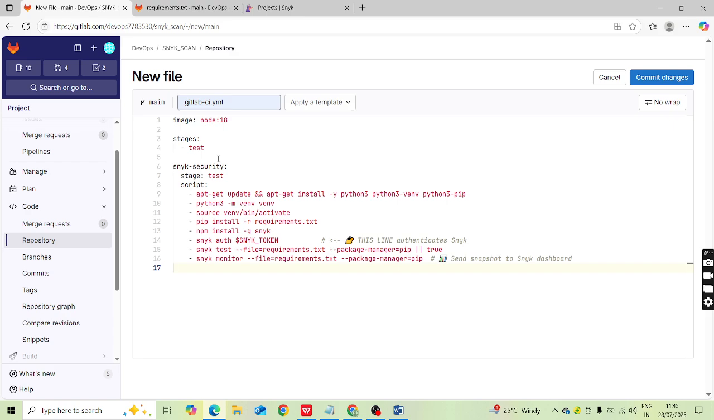Okay. So basically here, what is happening? We are using the official Node.js image in GitLab, because the GitLab runner will use it to run this job. Okay. Then after that we are using stages. So we have defined a test stage. Then after that we have defined a job named Snyk security, and again we have defined the stage under this job. Okay, then after that we are using some script, some commands like apt-get update, install